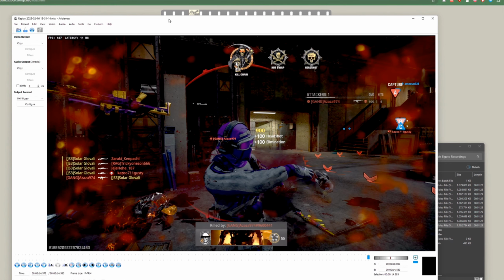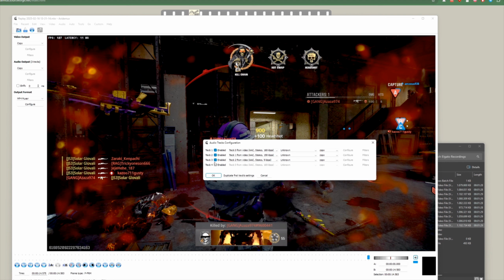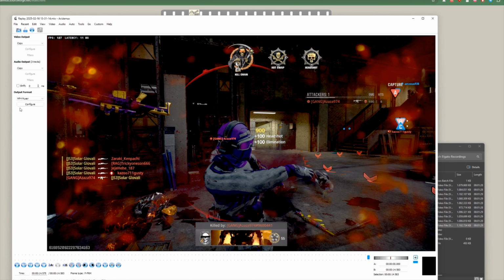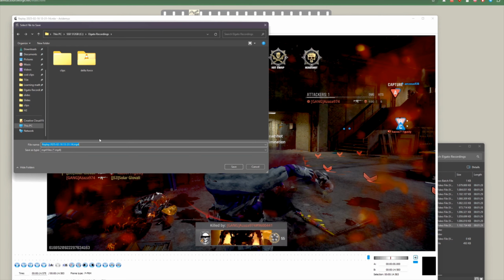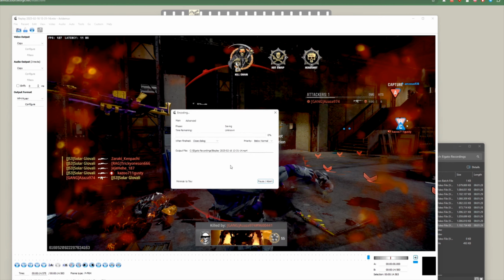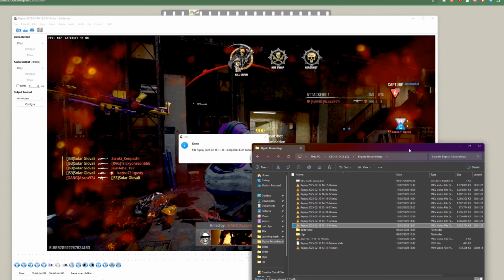Now, what we want to make sure we do well, because this clip has multiple audio tracks and is 120 FPS 1440p, which is all set here, so that's correct. We want to make sure we output it as MP4, and I think the audio tracks are all included. Yes, they're all enabled. And all we have to do is save the video. Save it here,